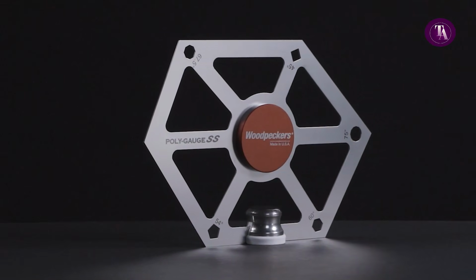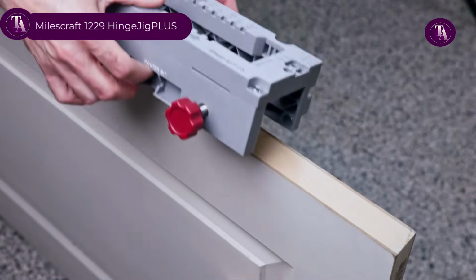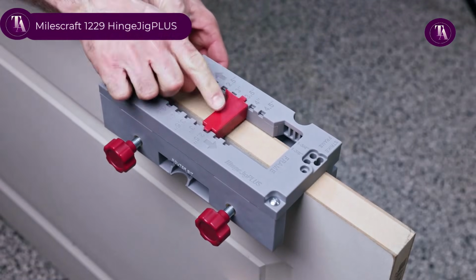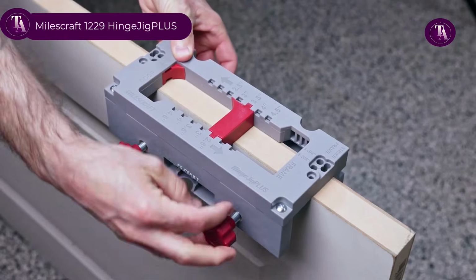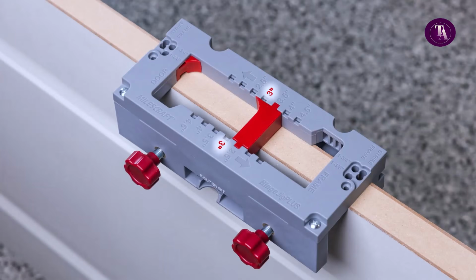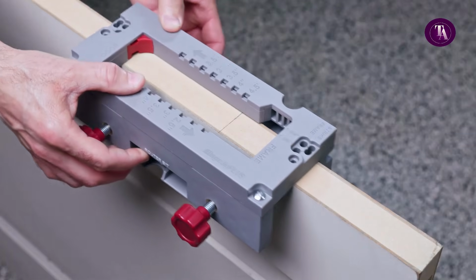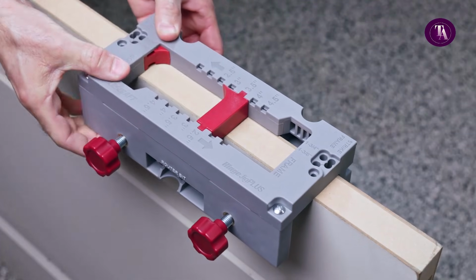Milescraft 1229 HingeJigPLUS. The Milescraft 1229 HingeJigPLUS is a precision, self-clamping system designed for effortless hinge, latch, and strike plate mortising on doors and frames without